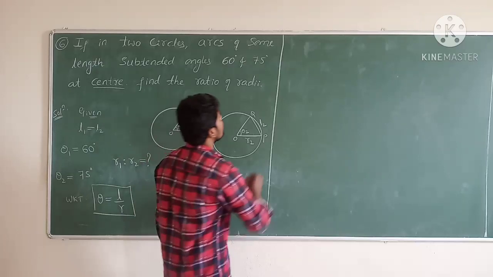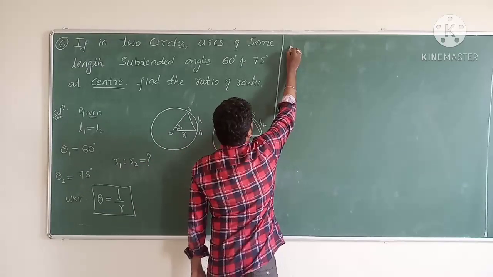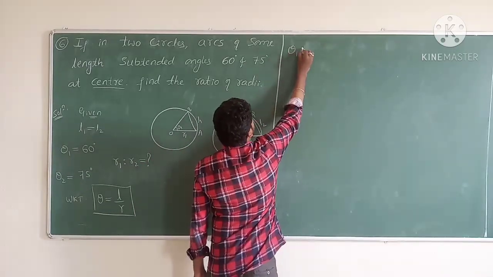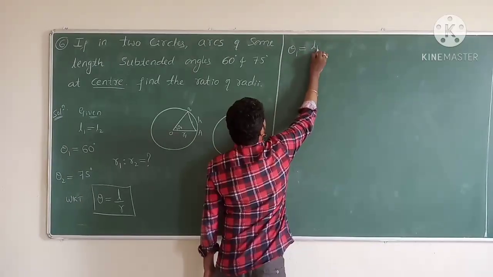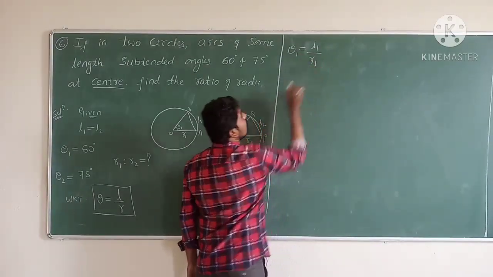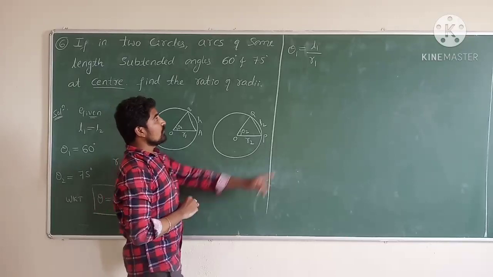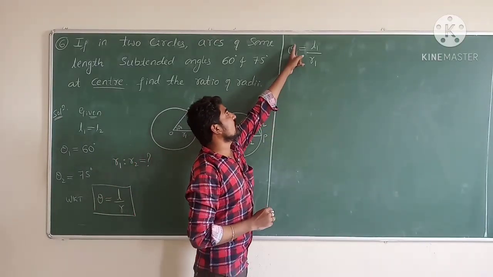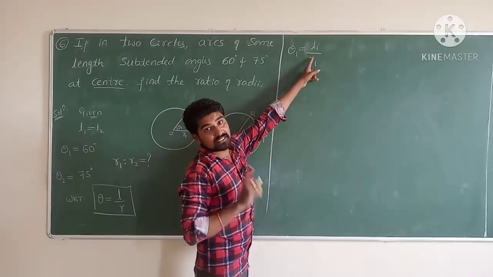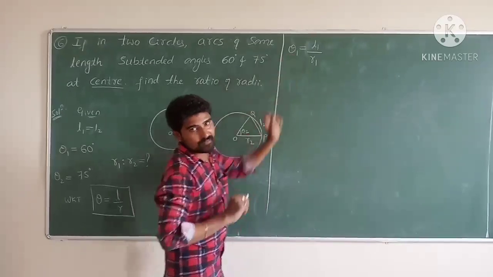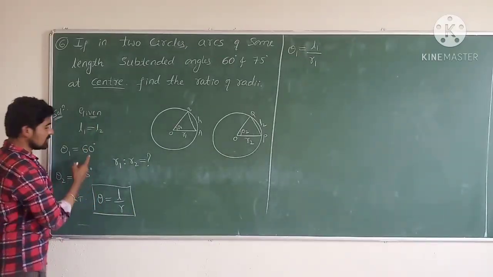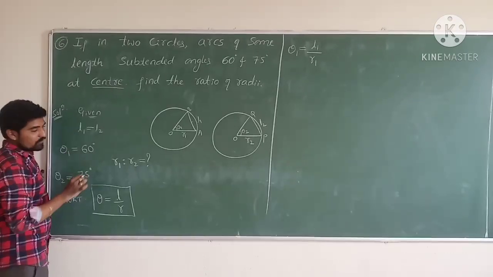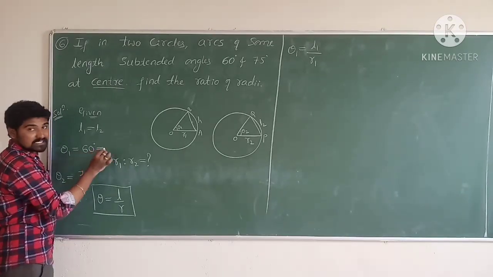Let us consider the first one. So theta 1 is equal to L1 divided by R1. Now when we are substituting the value of angle in this formula, that angle should be in the radian measure. But here 60 degree is in degree measure. Therefore the radian measure of 60 degree is